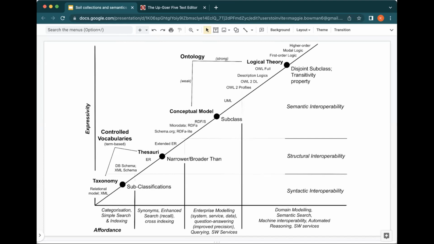And then as you work your way up to the top level, near the upper right where it says logical theory, you might have more complex statements where your properties, as it says on there, include transitivity, or in a simple example, a logical negation, or from a database perspective, a not. If you think in terms of sets, you can have the set of all the types of sand and all the types of water. And you say, well, you can't have both. You can't be sand and water at the same time, right? So it's a bit absurd, but just to give you the idea.